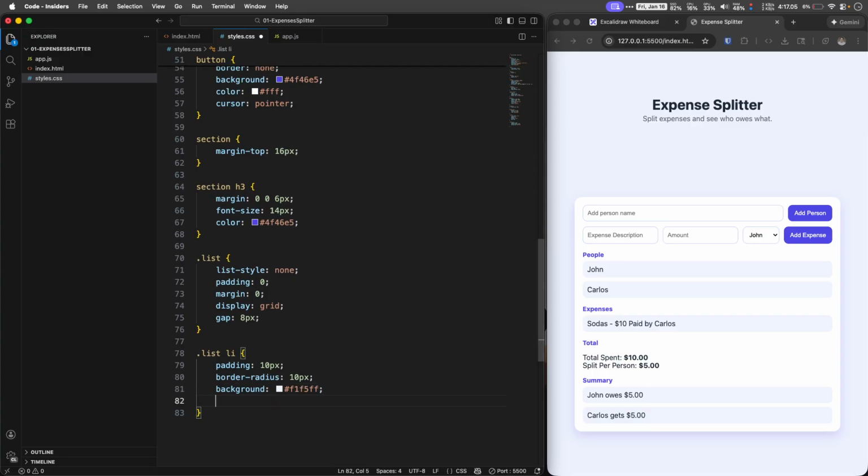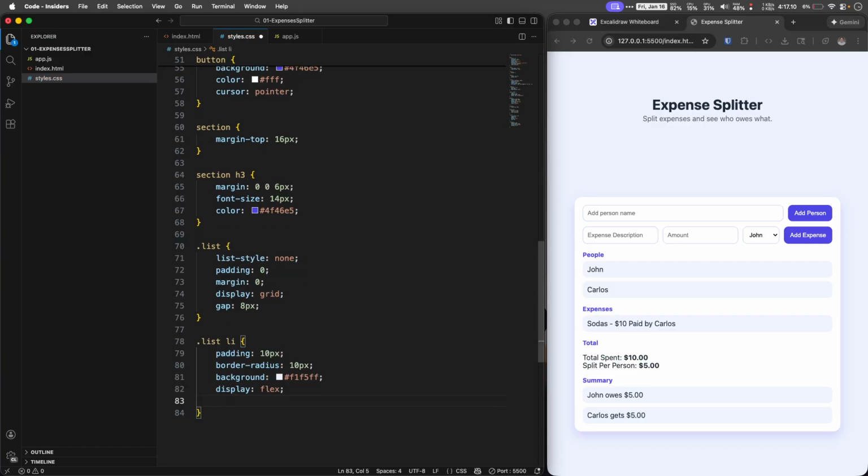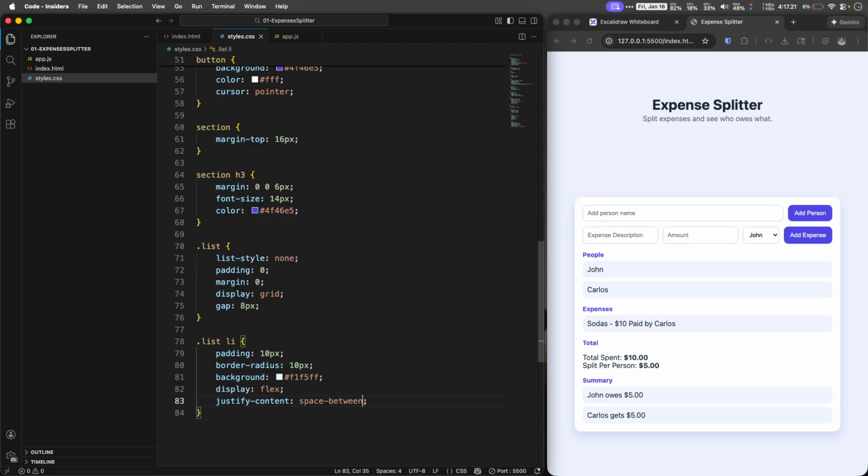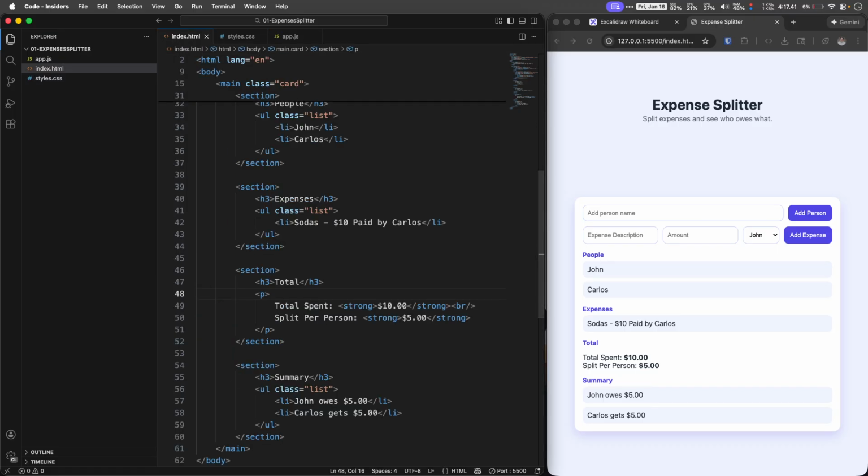And let's make display flex. And every element inside we can do justify content space between. So if there's something in the middle, we can just maximize it or not. Actually, no, let's remove those. I think we don't need it. Let's keep it as it is. Cool. And the last thing, let's change this summary list. I want to change just the background of this one, but every that is a list is already selected there. So what we can do is